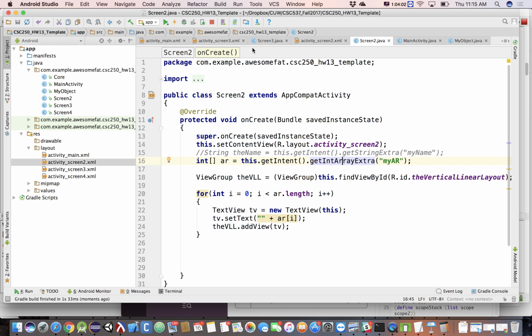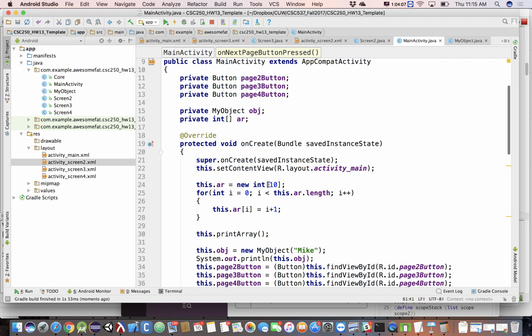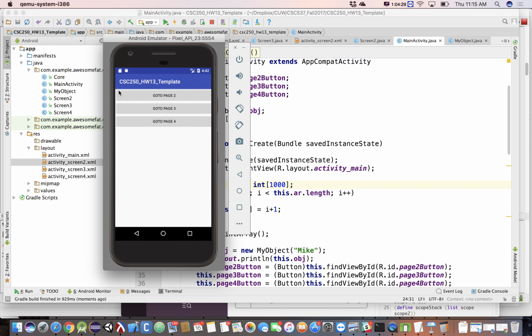Now if I go into main activity and I change this guy to 1,000. Now my array is going to be size 1,000. I'm going to fill it up with the numbers 1 to 1,000. Run this guy again. What's going to be in that second screen? 1 to 1,000, but it's going to be not quite as accessible as we'd want it to be. We can kind of see the start of 25, but there's a whole bunch of crap down here that we